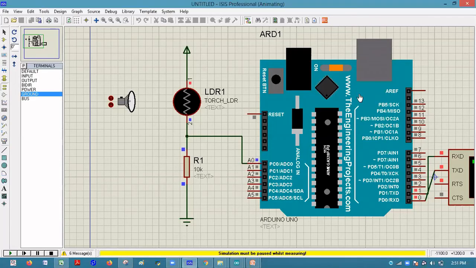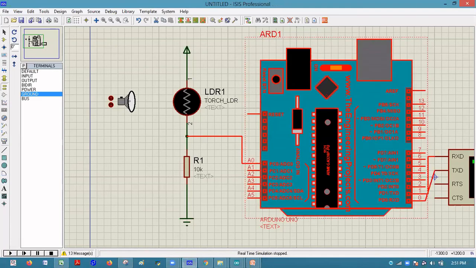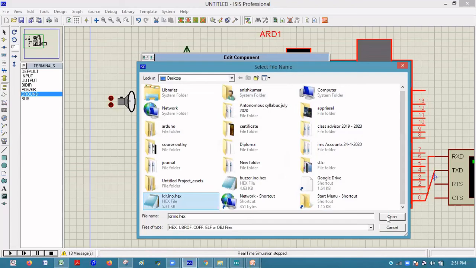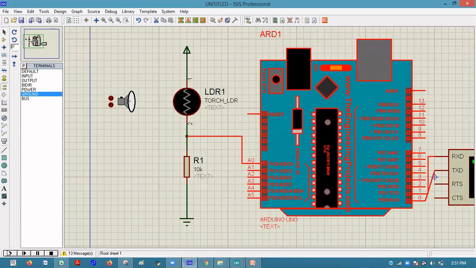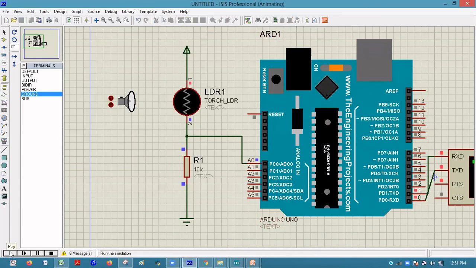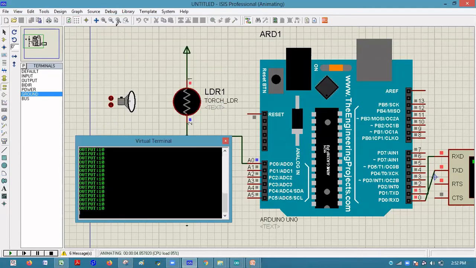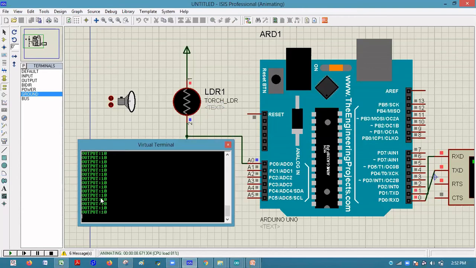Now double click the Arduino controller. Program file, LDR. Now you run. If you are not getting the output, go to debug; the last one is called virtual terminal. If your output is not coming, you have to select it from debug, virtual terminal. Now what is the output I am getting? 10.